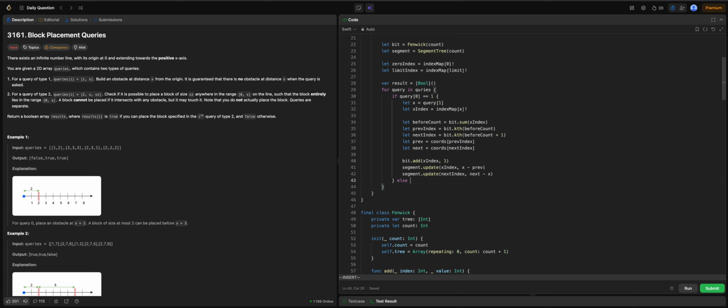What about the query type 2? So that will be the same. We're going to need the query of 1, but this time we also need the size, which is a query of 2. And in this case, there will be a different problem. Oh crap! I think I forgot to create one helper function called